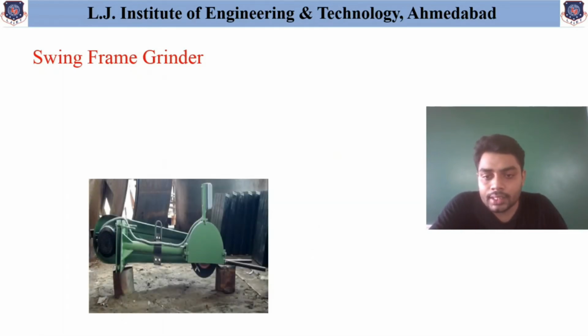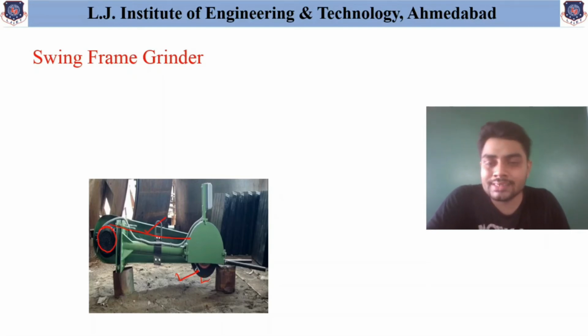Now let us have a look at the figure shown over here. As one can see, the motor is attached over here. Now by the belt shown over here, this belt pulley is directly connected to the abrasive shown over here. This is the abrasive grinding wheel which you can see. Again I am removing this, so you can clearly see the grinding wheel shown over here. And in many of the cases, this swing frame grinder is used for cutting particular stocks or components easily.